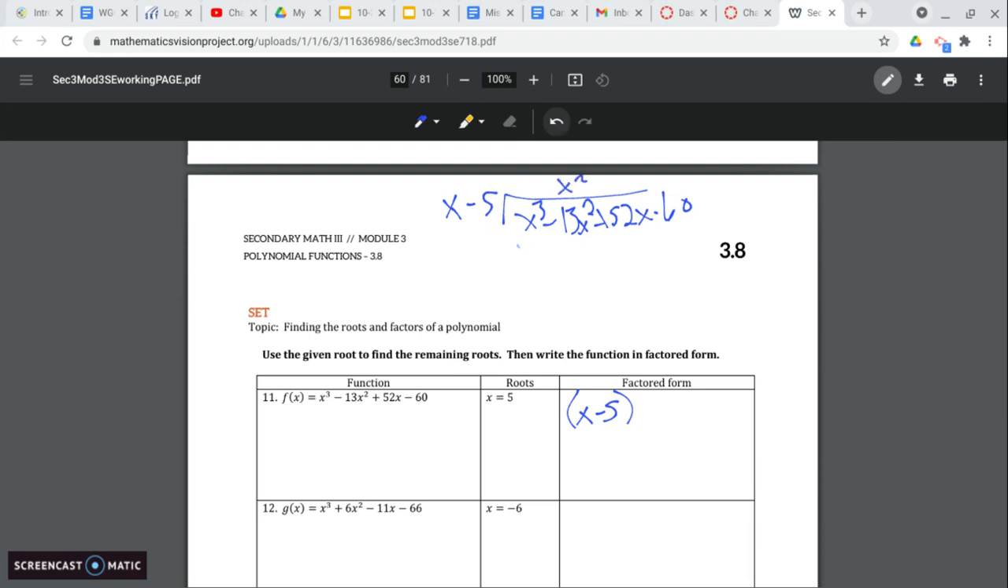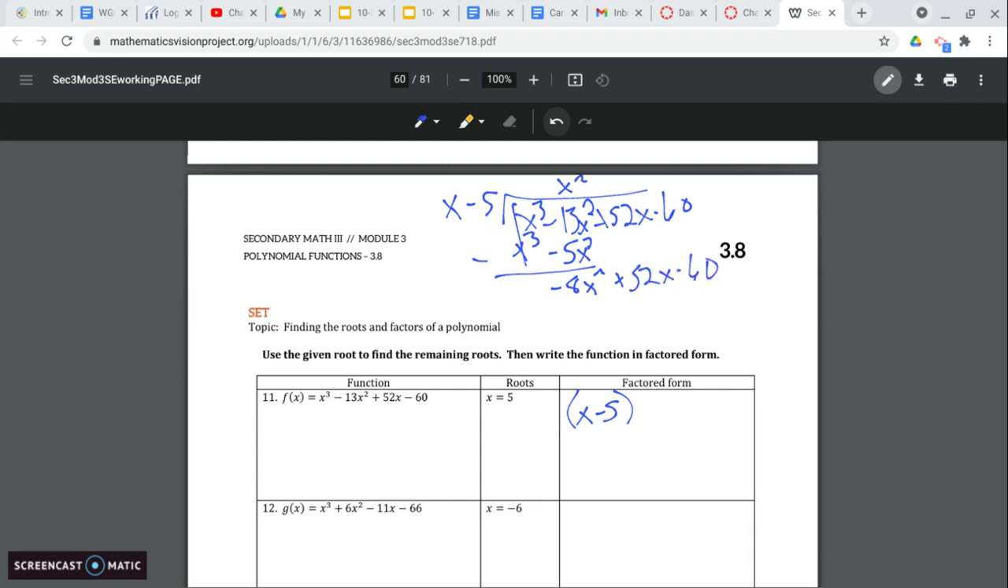X squared times x gives us x to the third. X squared times negative 5 is negative 5x squared. Remember, we subtract these, so those cancel. Negative 13 minus negative 5, so really negative 13 plus 5, is going to give us negative 8. So we have negative 8x squared, and then that's plus 52